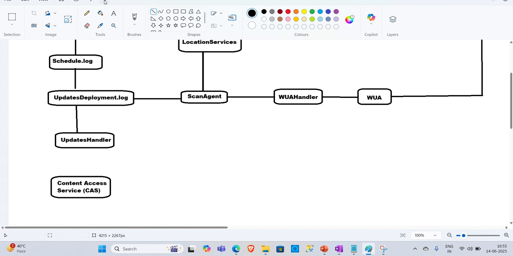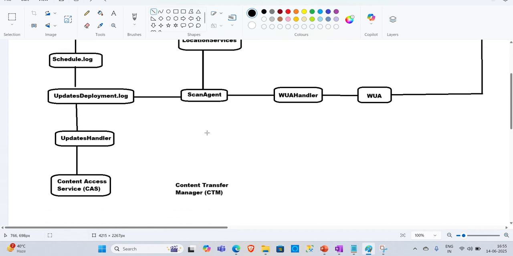Okay. So content access service is reached out by updates handler, and then content access service creates a job for CTM. The full form is content transfer manager. It creates a job for CTM and it asks it to download the content for the update. Okay, and CTM, content transfer manager, is then going to